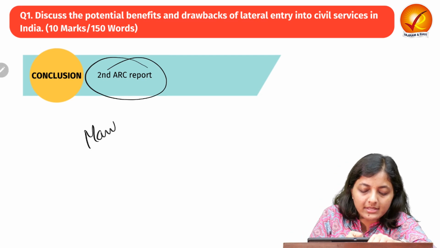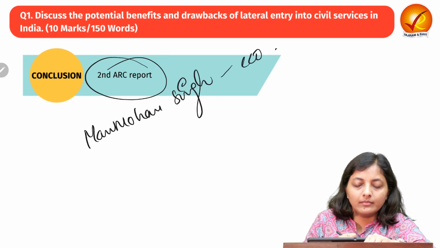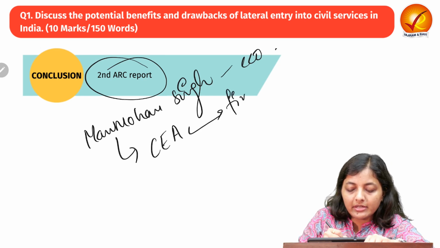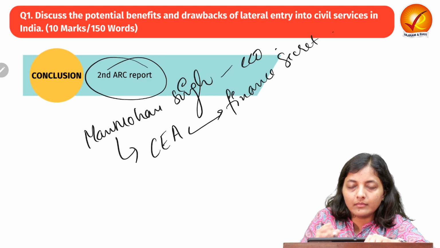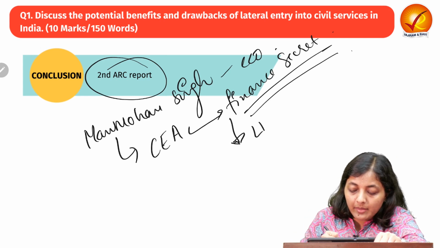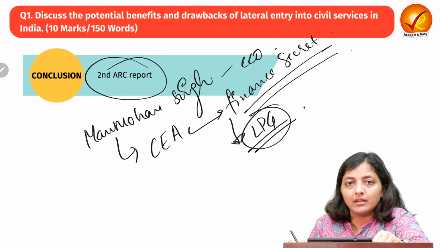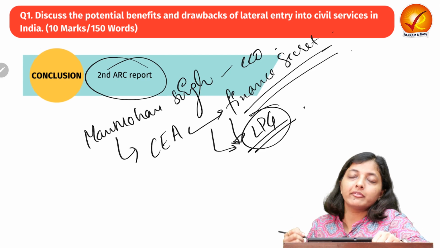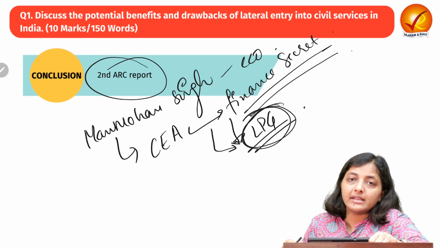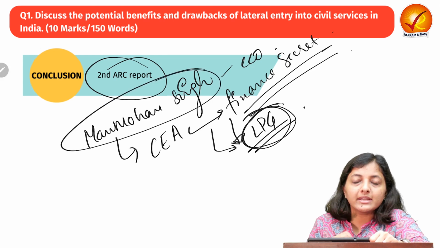Like Manmohan Singh was an economist. The Indian government appointed him as chief economic advisor and then finance secretary, and the finance minister later. So he did those LPG reforms with PV Narasimha Rao, obviously. He did exceptionally well. He took those reforms which were the need of the hour at that particular time, and these were the very highest of the highest reforms after independence. So this is also a case of lateral entry.